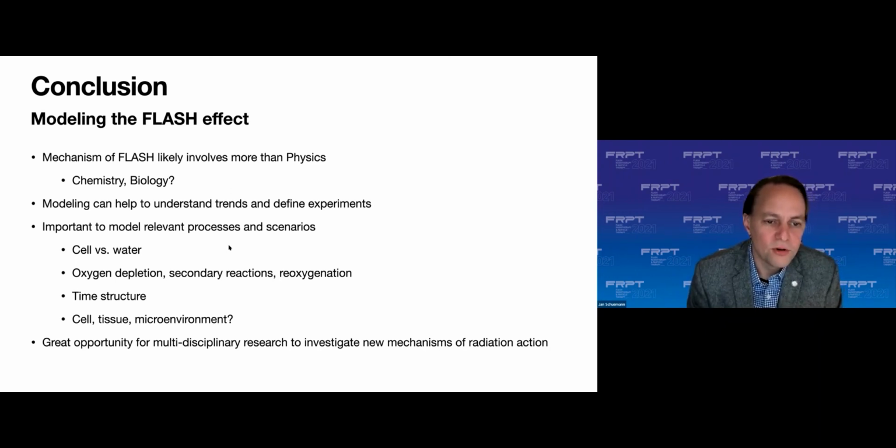But it's important to think about what you are modeling. In some scenarios, you may want to model more the cell or just pure water, but you have to be sure to model exactly what you're looking at. You also have different reactions that you want to look at. They define the time that you need to consider for your modeling. And then, of course, that impacts the time structure of your beam. And you may have to